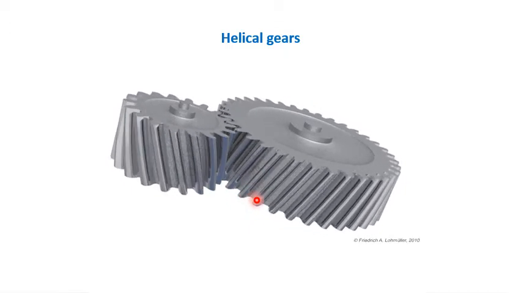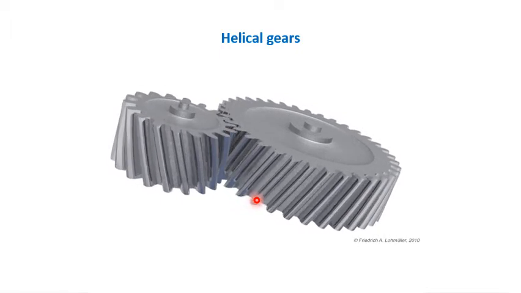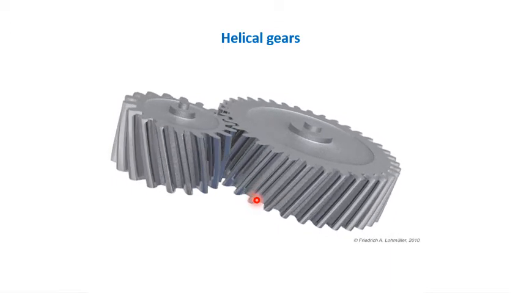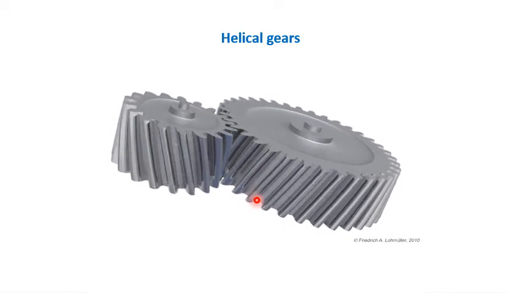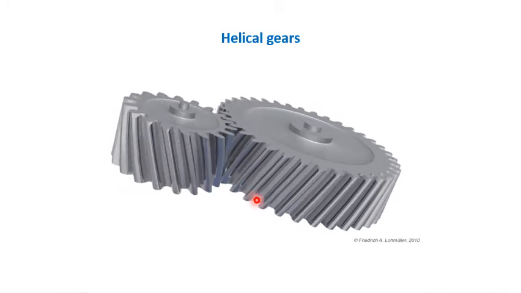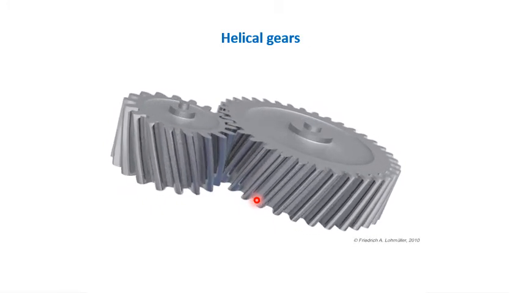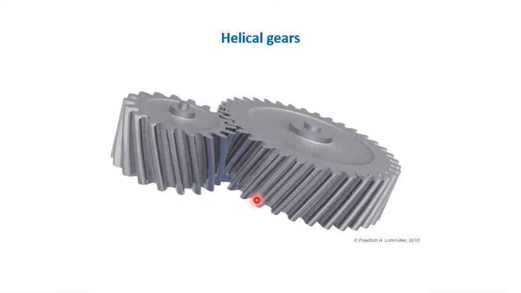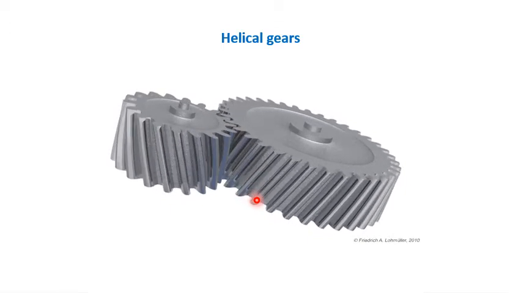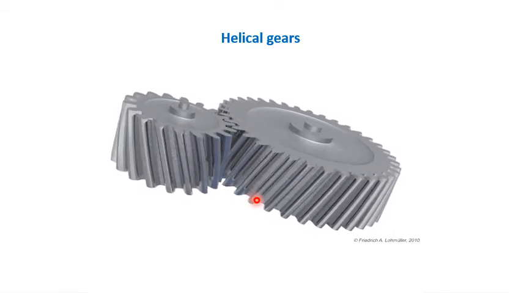Then what are its advantages and limitations? So advantages of this helical gear is it operates more quietly and smoothly compared to the spur gears, because the teeth are not parallel to the axis of the shaft. Then teeth of helical gears are stronger than the spur gear teeth. Efficiency of helical gear is almost equal to the efficiency of the spur gear, and these gears are suitable for high speed applications.